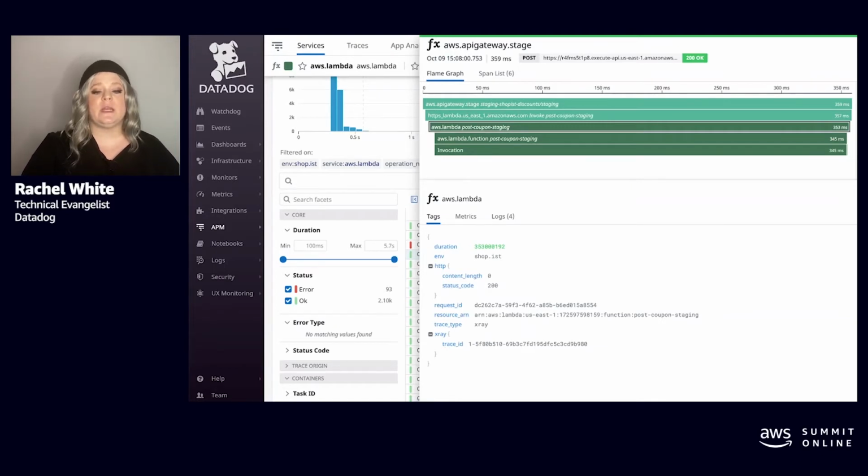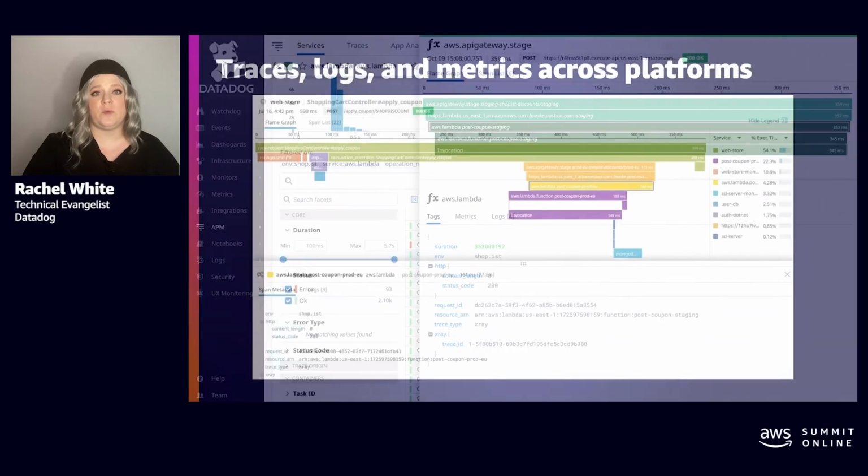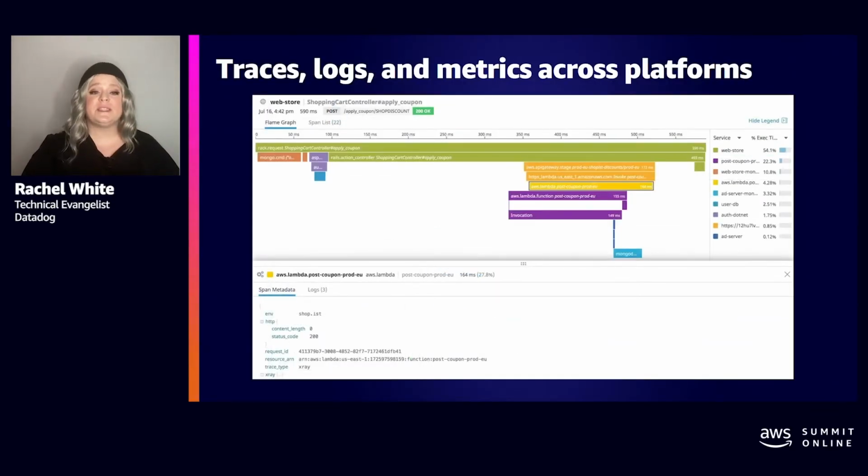So we can see the original API gateway call, the subcall to our Lambda, along with the status code, request ID, and the trace ID. And below the AWS Lambda, you can also see that there are logs attached to it. So you can see logs across the entire request across platforms. It's a super powerful tool in reasoning about what may be happening within your software platform. One of the biggest strengths for Datadog is the ability to do traces, logs, and metrics across all platforms. In this case, it's another trace, which is another piece of APM. It's a request that originally came in through a Ruby on Rails application.